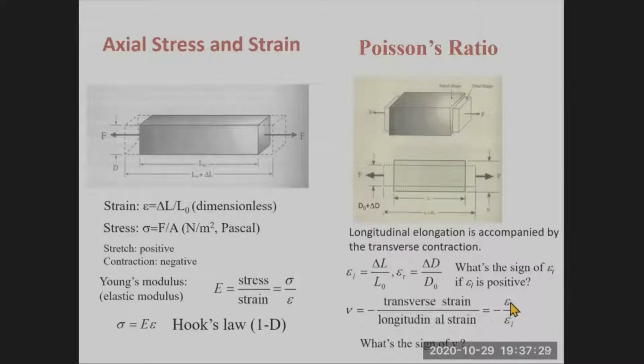Because epsilon T is negative. If epsilon L is positive, then we have two negative signs here, and they cancel with each other. So eventually, the sign for nu is positive. And the typical value of Poisson's ratio is somewhere between 0.1 and 0.45. But for example, the Poisson's ratio of polysilicon